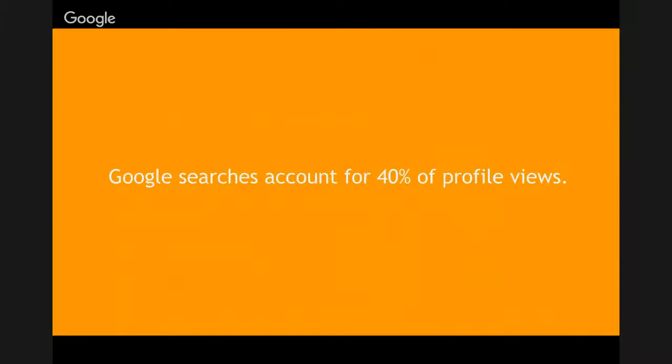Okay, so when it comes to LinkedIn, Google searches account for 40% of profile views. What does that mean? So if you've had 100 views on your profile within a day, it's likely that 40% of those came from somebody typing your name into Google. So it's really important what your LinkedIn profile says, and no different to your Facebook profile if you've got one. They'll show up on the first page of Google, and it's so important these days to own those little bits of real estate. If you search for your name on Google and you don't own over 50% of the search results, then you really need to be setting up social media profiles